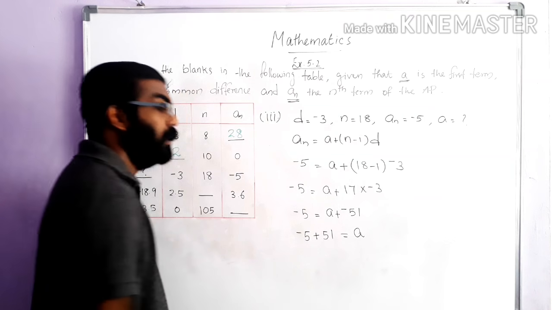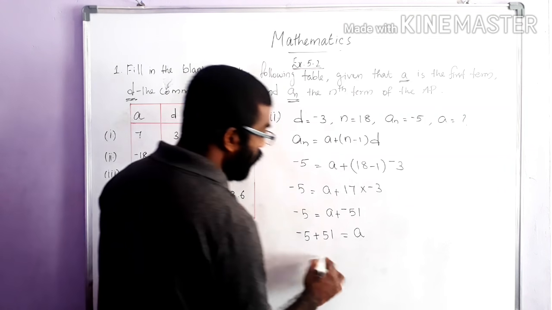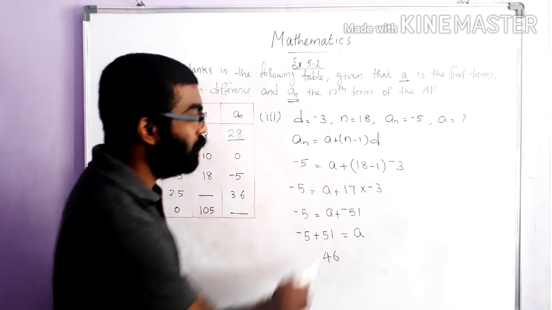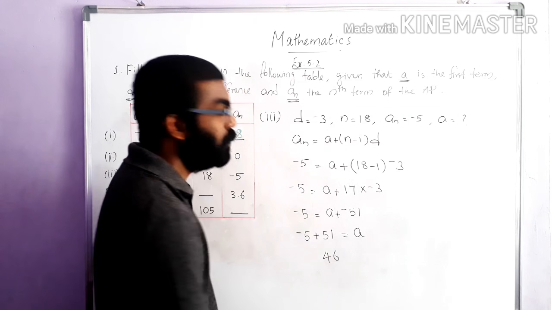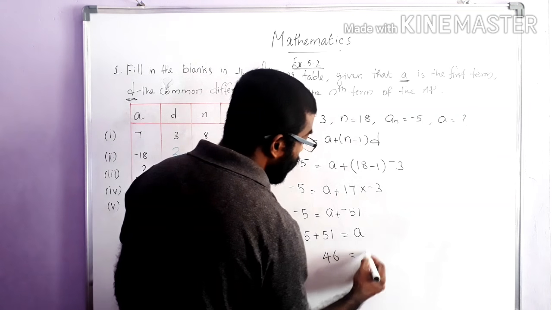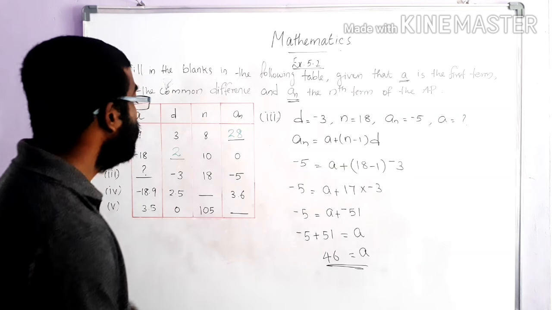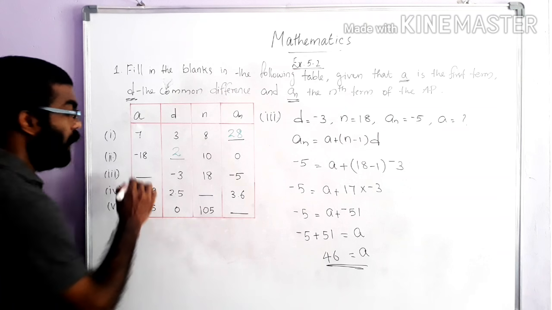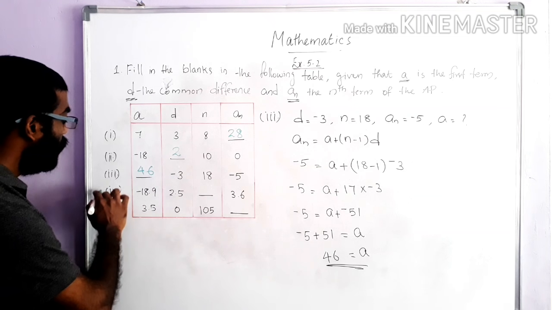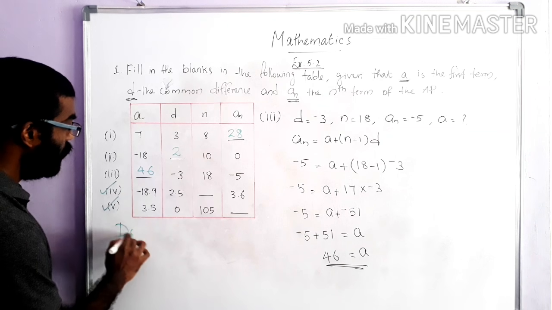Okay. So we have to subtract small from large. 51 minus 5. 51 minus 5 is what? 46, and give the sign of the large number. Here the large number is 51 and the sign of this large number is positive. So the answer becomes plus. Okay. So 46 is equal to A, or A is equal to what? 46. Okay. So here we can write 46. Now there are two more questions, sub question 4 and 5 that you can do. So do it yourself.